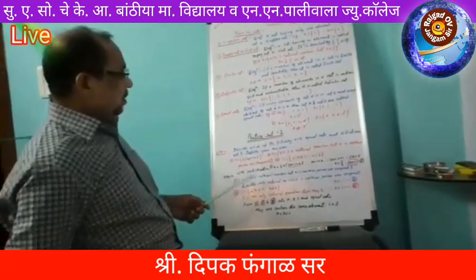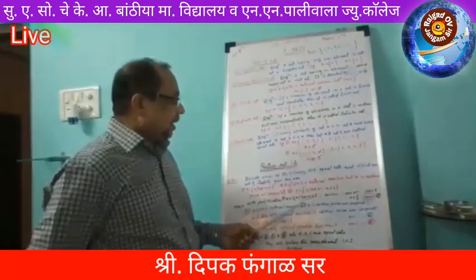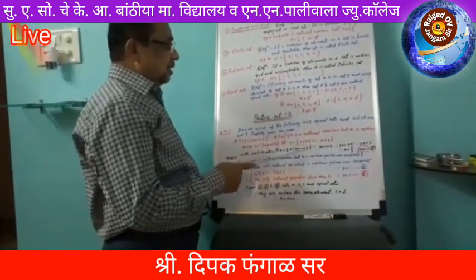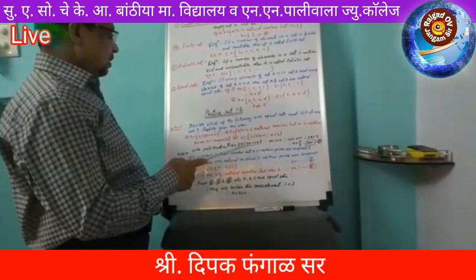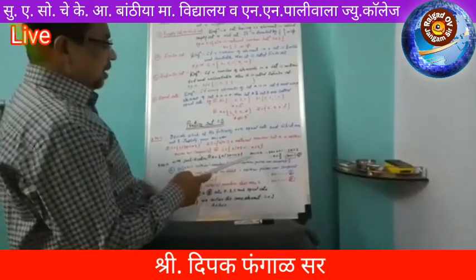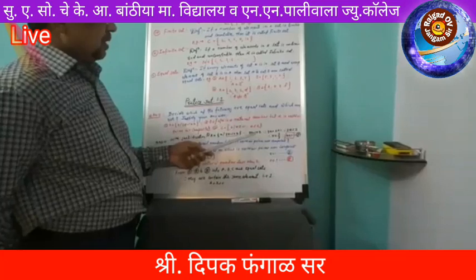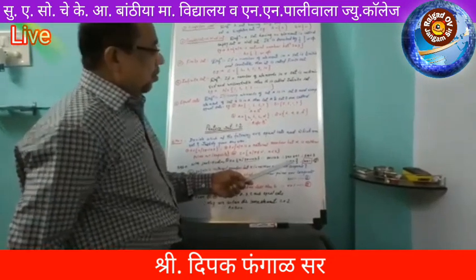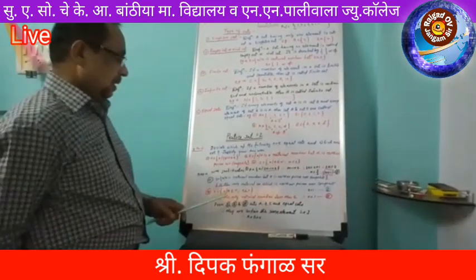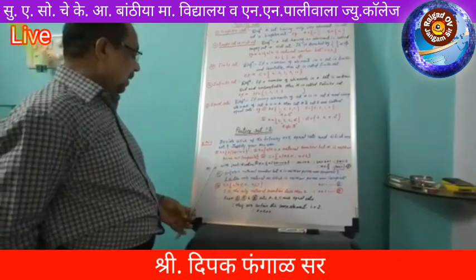Here we write with justification. Question number 1. A is the set of all x such that 3x minus 1 equals 2. When we are given equations like this in a set, you can solve that equation and find out the value of the variable. In the same way, we take 3x minus 1 equals 2, and then find out the value of x equals 1. That is equation number 1. x equals 1 means that set A contains only one element, that is 1.